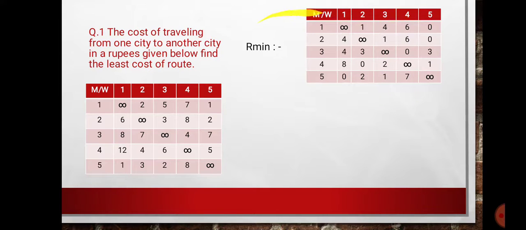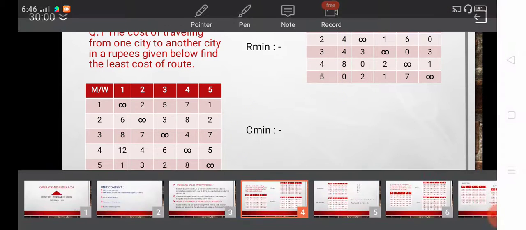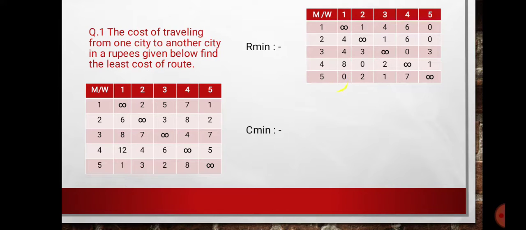Now we calculate C minimum. For C minimum, the R minimum table is used, meaning the current table is used. Don't use the original table for calculating C minimum. Now see the C minimum. In a column, check the minimum value. The minimum value is 0, that's why the column will be the same.